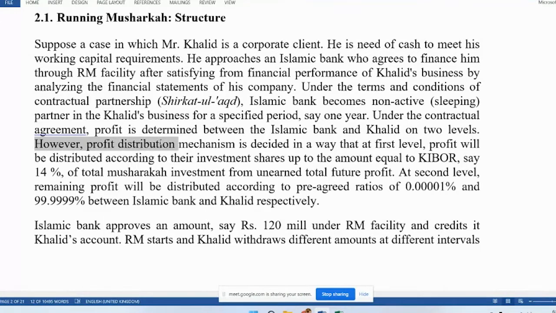However, the profit distribution mechanism is decided in a way that at the first level, profit will be distributed according to their investment shares up to the amount equal to, say, 14% of the total Musharakah investment from the unearned total profit, total future